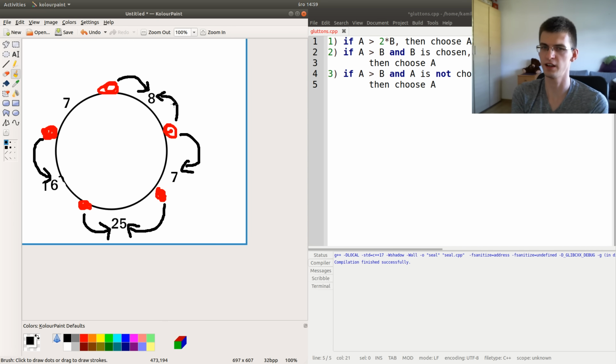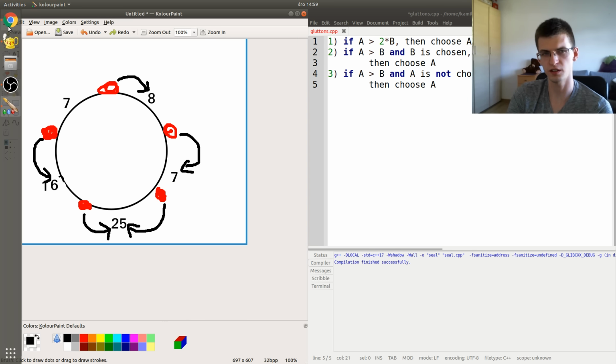But we said all the remaining values are such that no value is 2 times bigger than the adjacent value. So I think this will be a solution, or maybe there are still some issues with that, but maybe we will figure that out during the implementation.